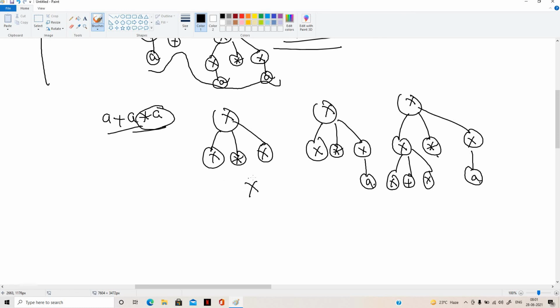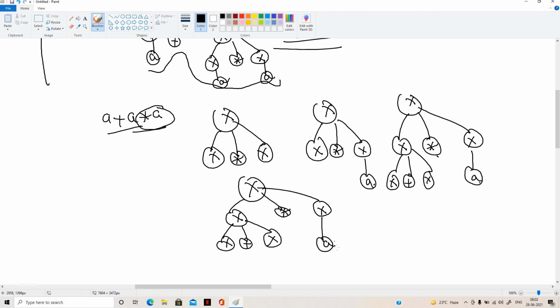For example, x plus x is there. These two x's are replaced with a, and then star is there as it is, and then x is there, it will be a.